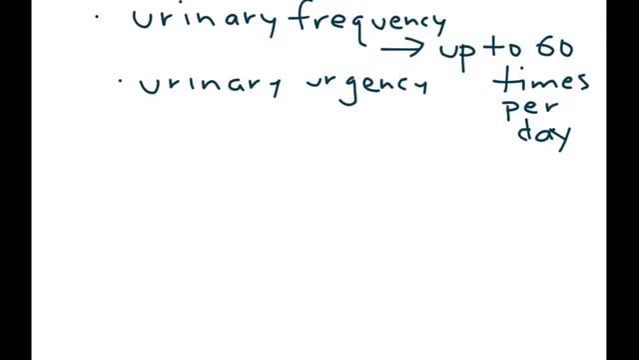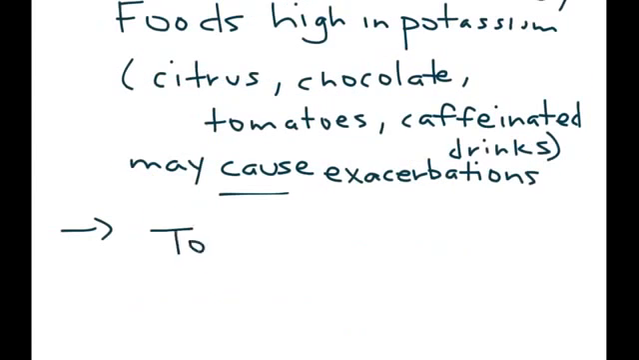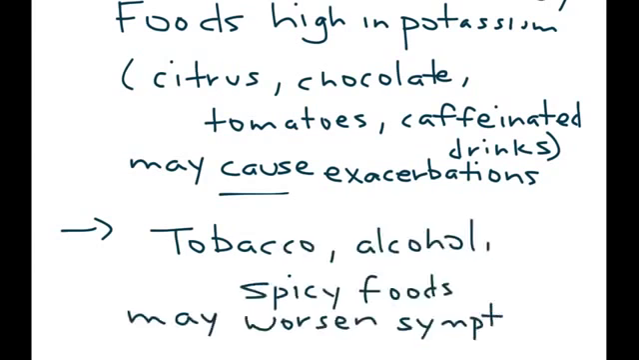Recall I mentioned about urinary potassium contributing to this problem, so therefore foods that are high in potassium content can cause symptomatology and exacerbations. And those foods include citrus, chocolate, tomatoes, caffeinated drinks such as coffee, and they can contribute to the symptomatology. In addition to the foods, certain habits such as tobacco, alcohol, and spicy foods can also worsen